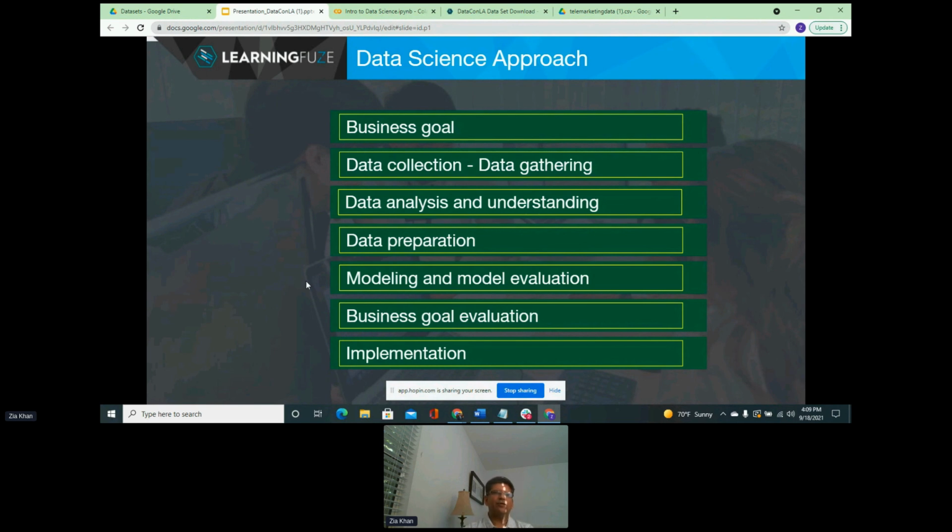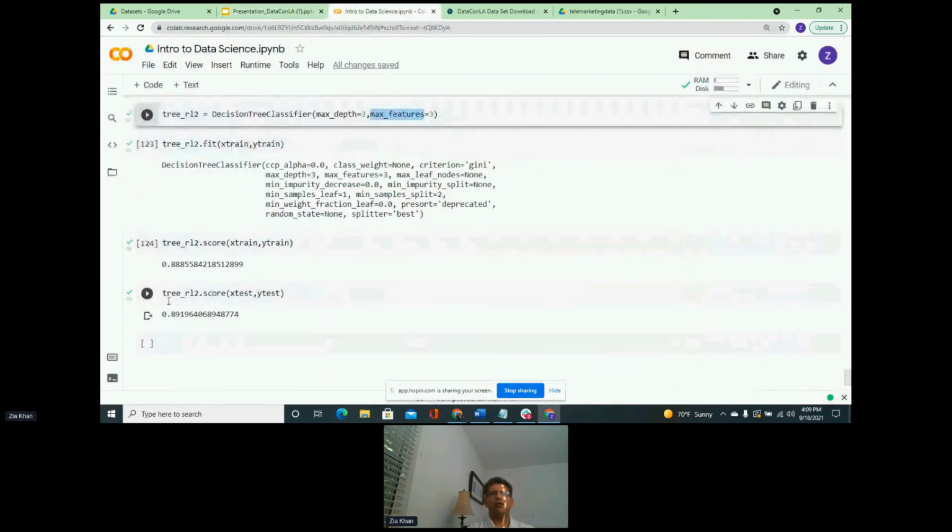So that's the high level approach that you take in terms of data sciences, that it's an iterative approach, and you try to make it learn based on different parameters and ensuring that the algorithm is not overlearning, and on the other side, it's not underlearning.